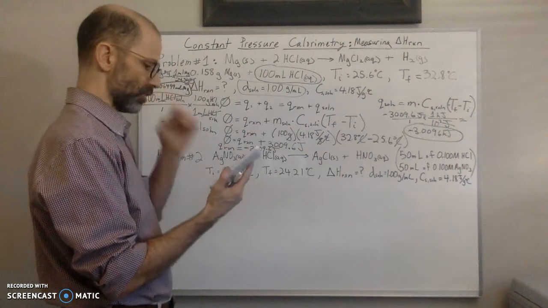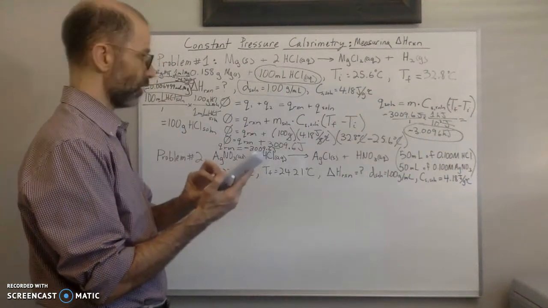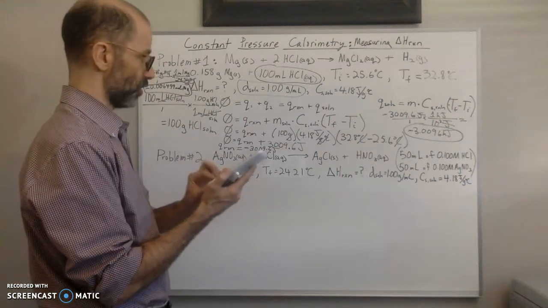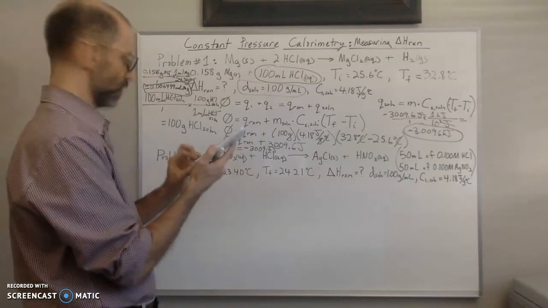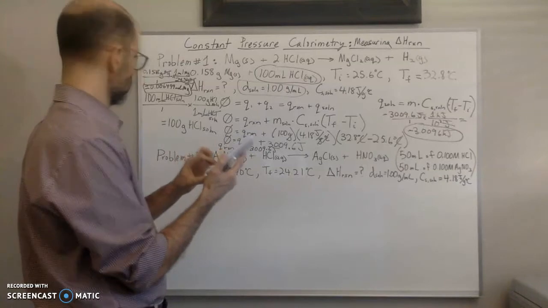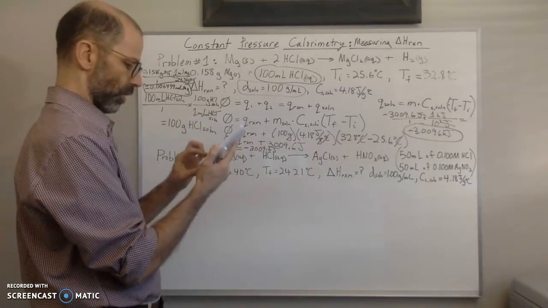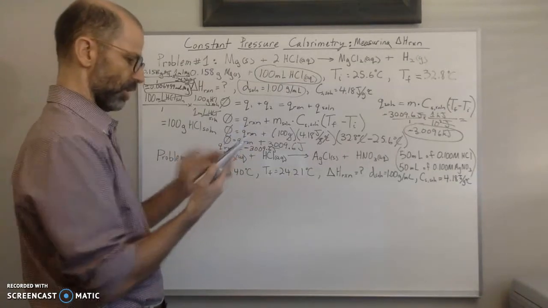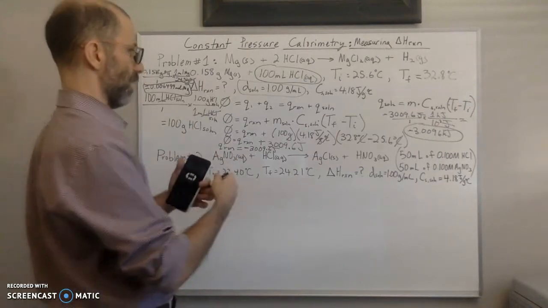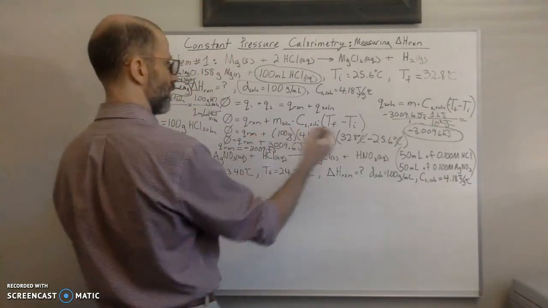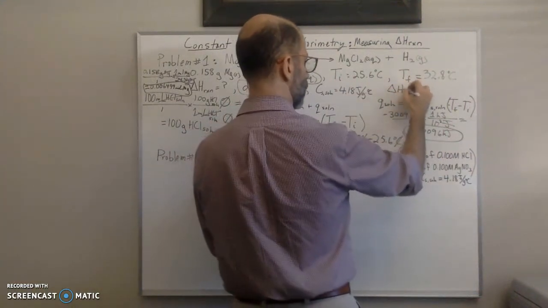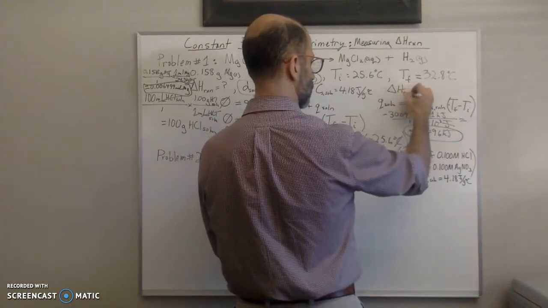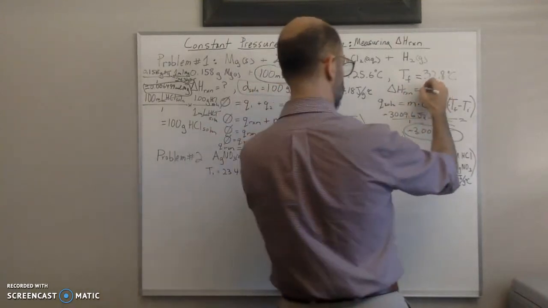So negative 3.0096 divided by 0.006499 equals, and so that means that the delta H of this reaction is equal to negative